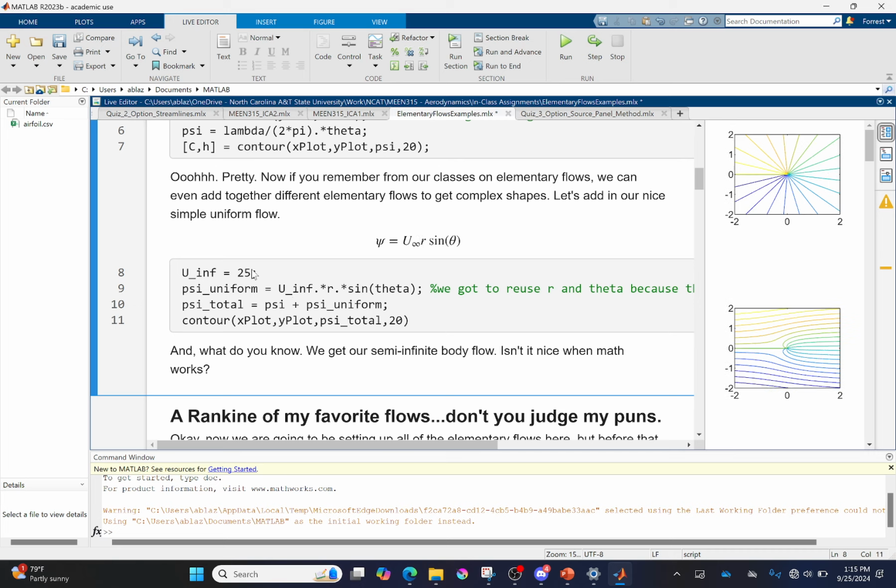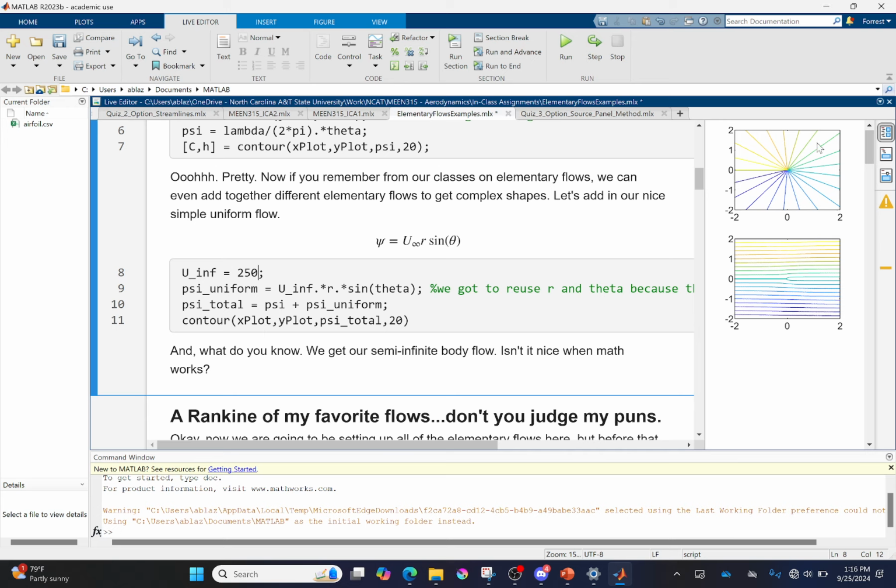And as I change one or the other, I'll begin to have very different cases. So like for this one, let's make it a very, very, very strong flow. You see I made it 250? It's now 10 times stronger. So that uniform flow is now 10 times stronger than it was before. Let's run it again. Do you see how this guy has gotten much smaller? Like you can still see it barely there, right? But that uniform flow is dominating now. Now if I make it weaker,